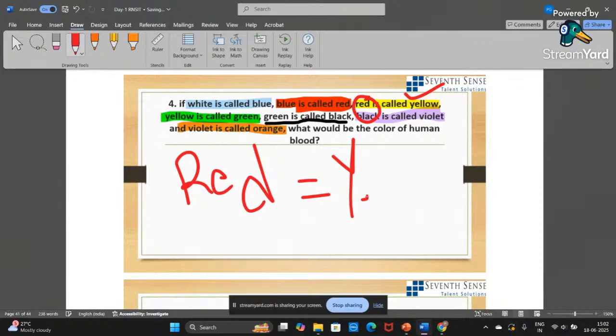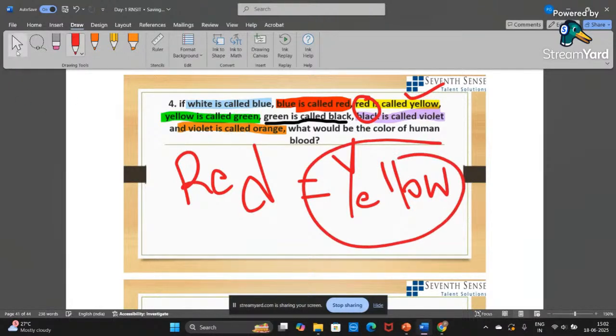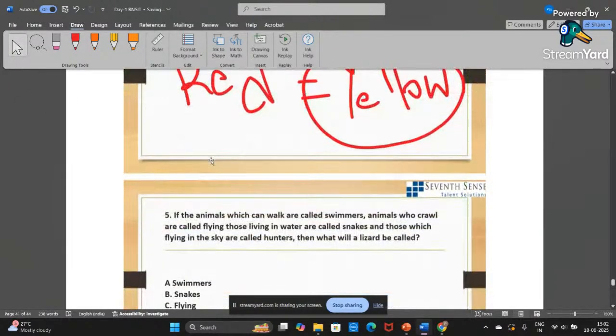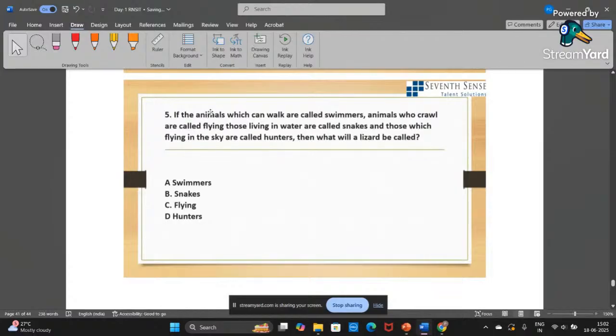The color of human blood is red, so red is called as yellow. Yellow is your answer. Got it? Orange is not the answer, and white is not the answer. Human blood color is red, so red is called as yellow, so yellow is your answer. Got it? Okay. Next,